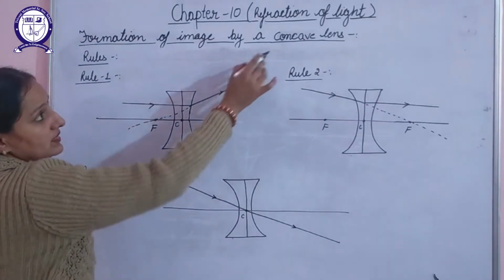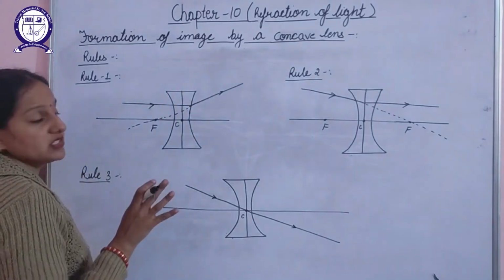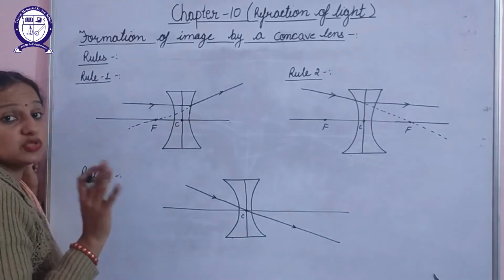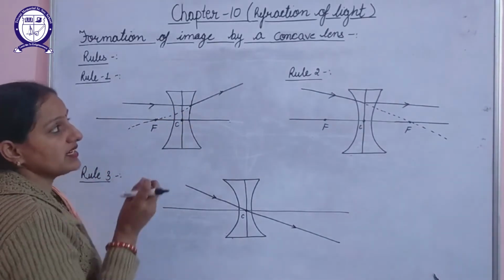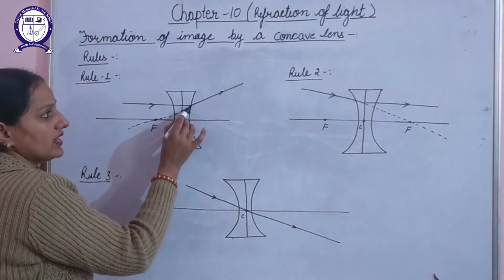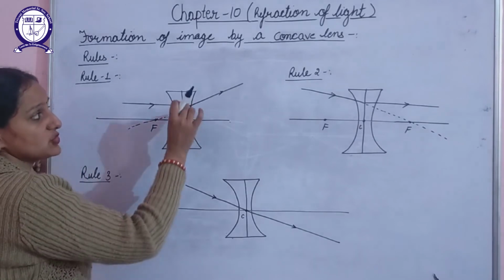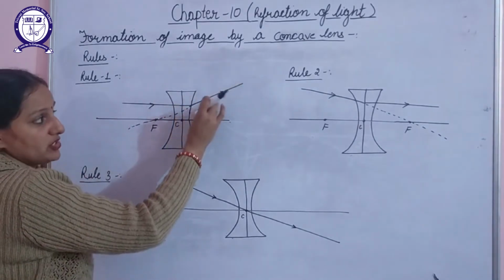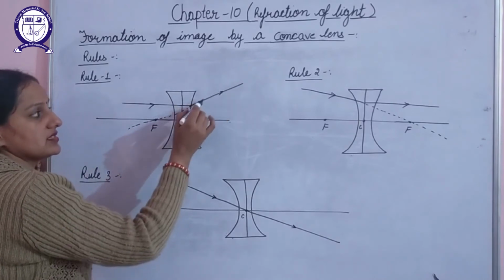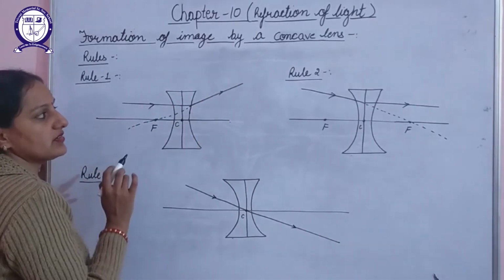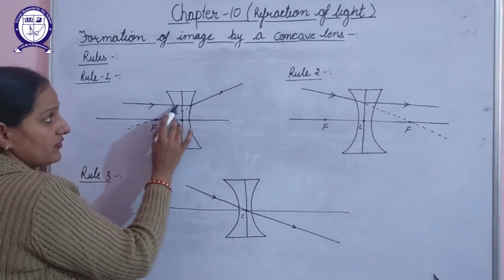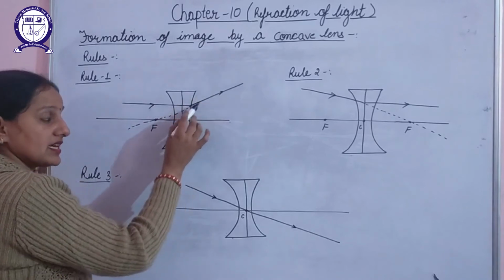But we know that the concave lens is diverging in nature. It will not converge the rays so that they will actually pass through focus. It basically diverges the rays of light which are falling on it. So if a parallel ray of light strikes this lens, it will get diverged, so it will not actually pass through focus. But if you extend this diverged, refracted ray of light, it will pass through focus.